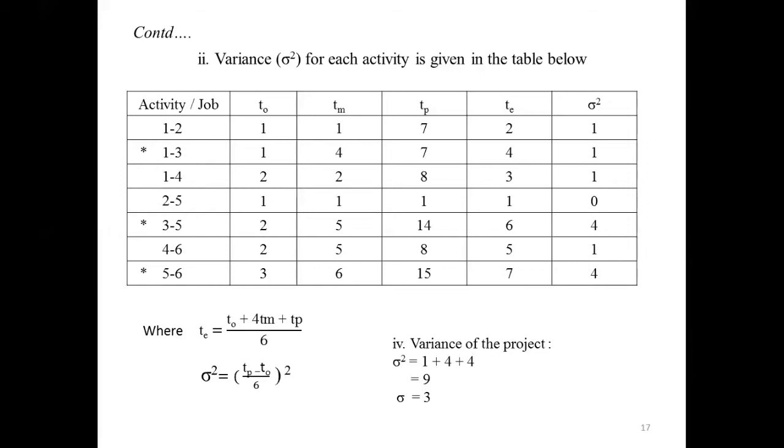After calculating the variance of the project, next we need to calculate the probability that the project will be completed 4 days earlier than expected. Then TS is equal to TE minus 4. The TE value, you know, is the expected time, which we got from the critical path as 15. And they have given 4 days earlier than expected, and hence it is minus 4. Then you will get the scheduled time, that is TS, as 11 days.